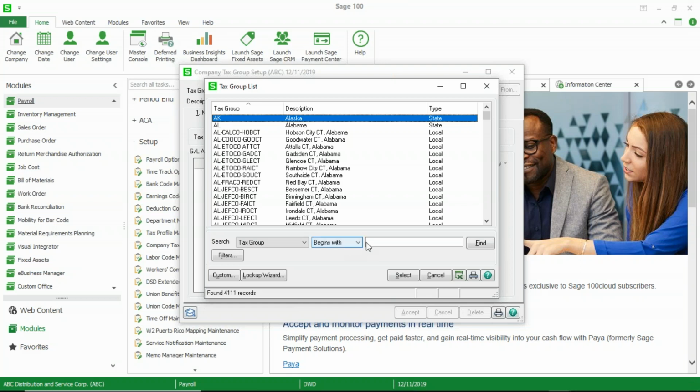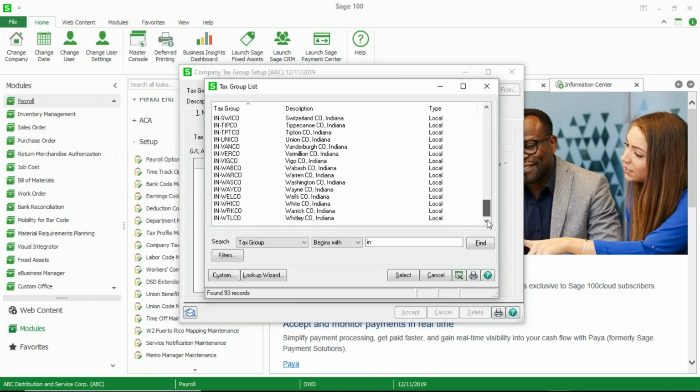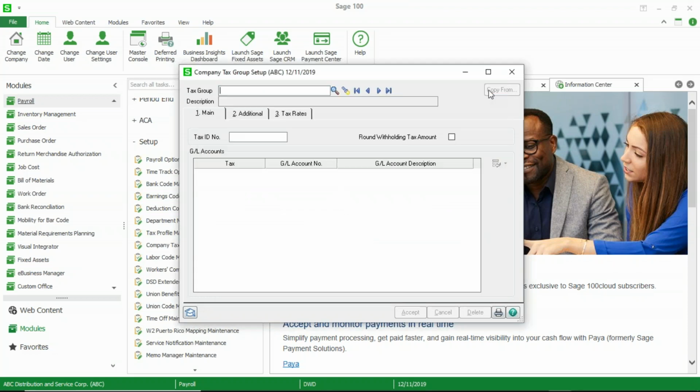your employees. So again, if I was to go down here and look for my Indiana, what we have now is we have all the Indiana counties listed in here for taxes. Okay,